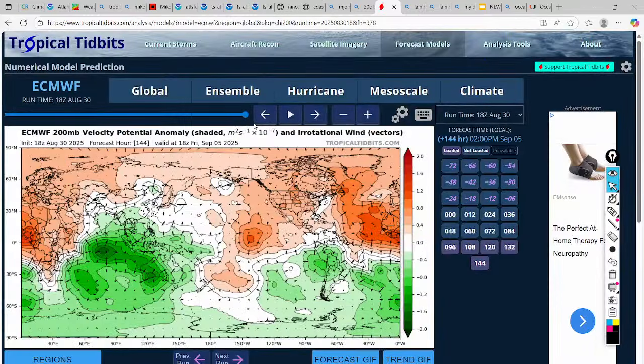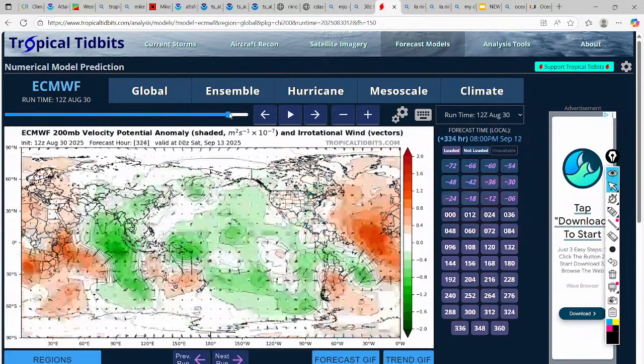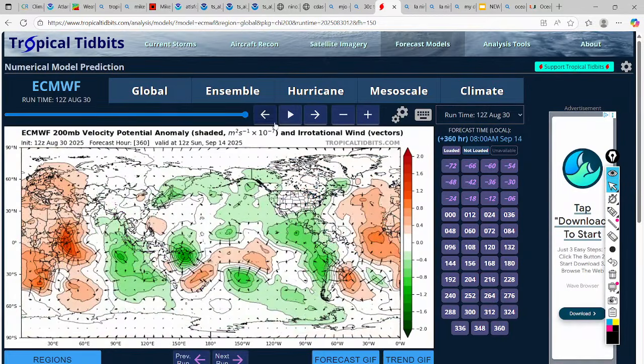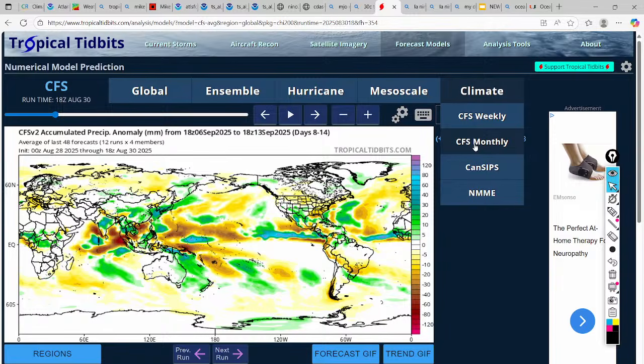Okay. The European 12Z, if we take a look all the way, I'm not going to say this is likely, but we do start to enter favorability. We do start to get into some more favorable MJO by September 15th. These are the Europeans. We'll have to keep an eye on this. I do think the second half in the GFS will catch up with the MJO. When we take a look at the CFS weeklies,